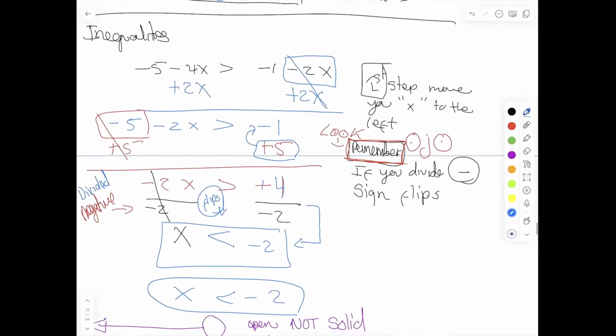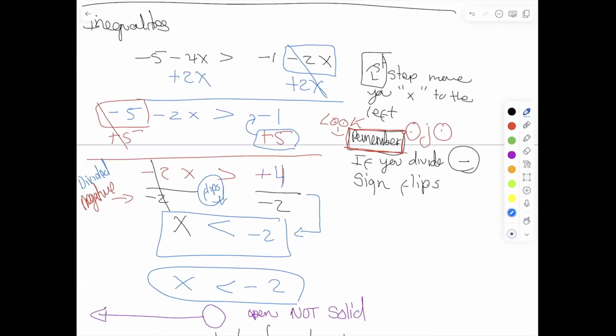After that, we went into inequalities. And these inequalities, we have to solve for them, and we have to make sure that we understand the rules of inequalities. If we divide by a negative, then what that means is my sign is going to change. What is the sign that I'm talking about? This sign right here. So if I divide by a negative, then that sign flips. So the rule is, and I wrote it here, the first step is to move all x's to the left. So I did that. I added 2x, I added 2x. So on the right side, it disappears, it goes to the left, and I end up with what